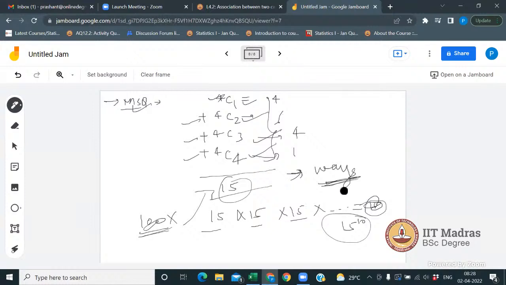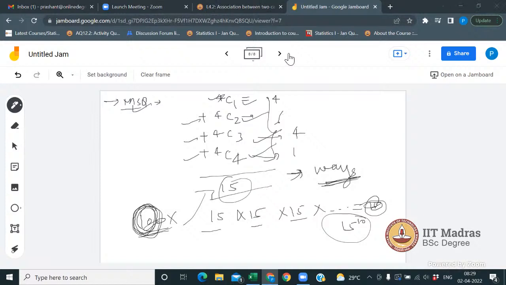If you answer all the questions... No, sir, if it is attempt, then we require to add one more, so 16 to the power 10. Okay, so